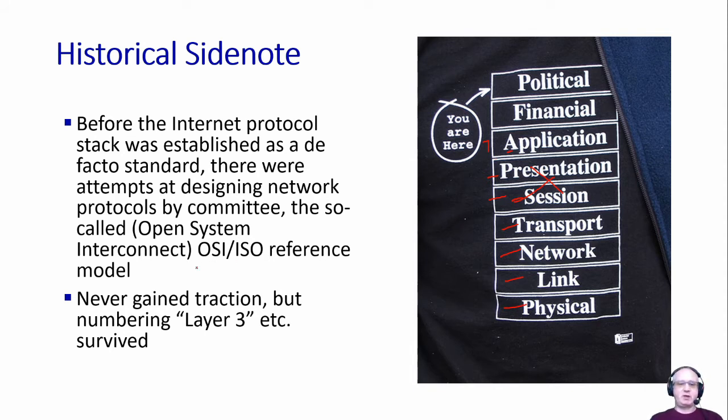This effort, by the way, by the ISO, OSI ISO, never really took off, for a number of reasons related to political reasons, financial influence, and essentially people trying to define protocols for which there were no implementations yet and that hadn't actually proven themselves. This is very much different from the more organic process that I talked about, the way the internet grew by allowing everyone to put out RFCs and making proposals as to how things should be done. Nevertheless, the numbering of these layers has survived.